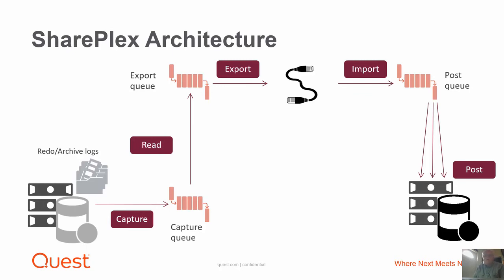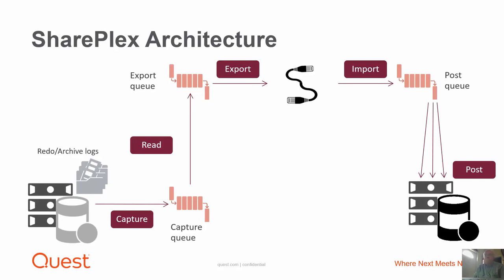We'll also work across platforms. So if your source system is Solaris and your target system is Linux, no problem. We can handle that as well. We read the transactions out of the redo log with a capture process and move them to the read process. That is the traffic cop. We can also replicate from one source to multiple targets, or multiple sources to one target. Maybe you want to have a data mart. Maybe you want to do data consolidation. Maybe you want to have a separate DR in a different data center from your standard high availability environment that you have in the same data center. No worries, we can do both of those things.